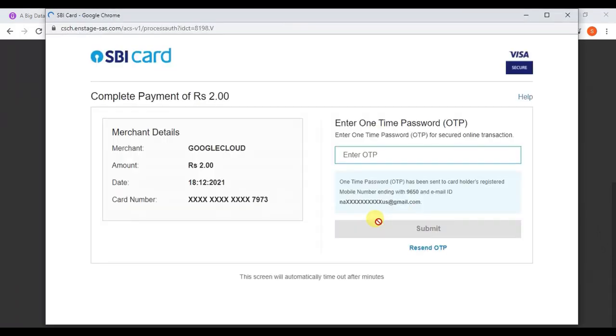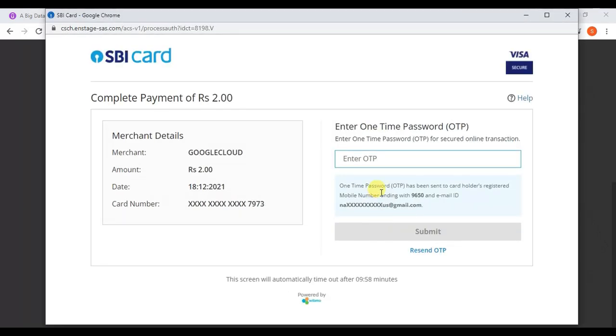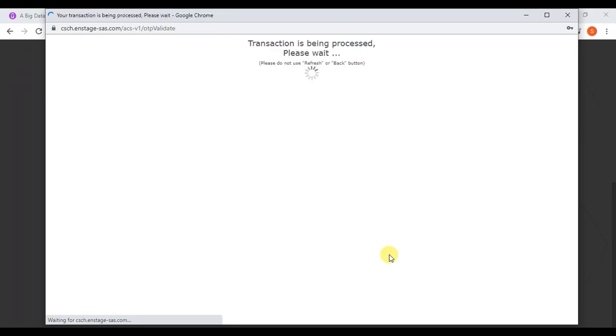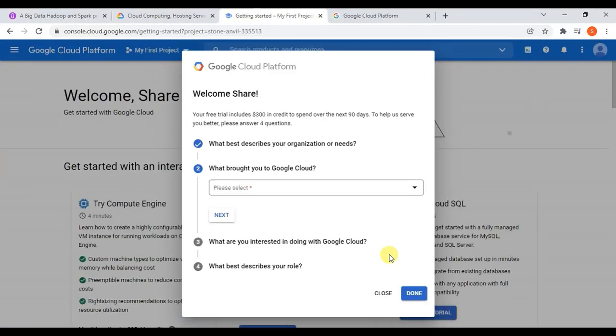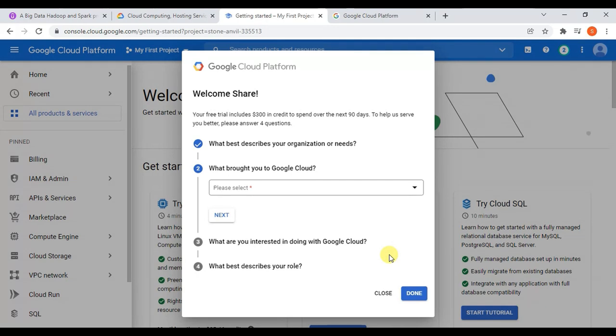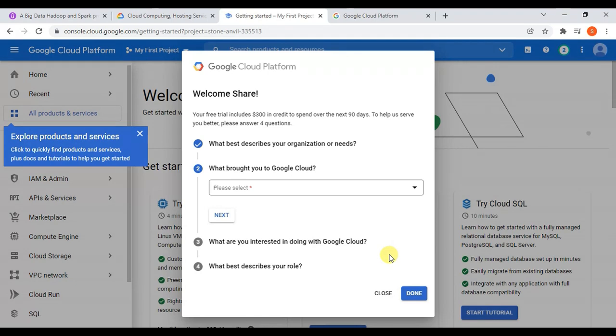Then it will move to this page where 2 rupees will be deducted from our account once you enter the OTP which you receive. I'm just entering my OTP here, and once you enter your OTP correctly, click on submit. These are the few details which we have to give to complete our account registration successfully.